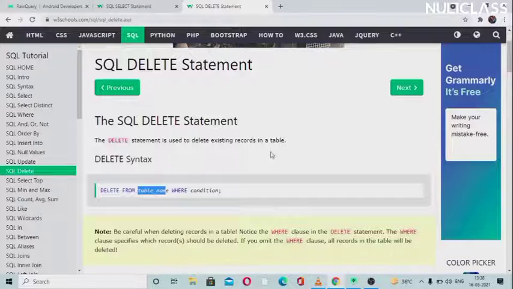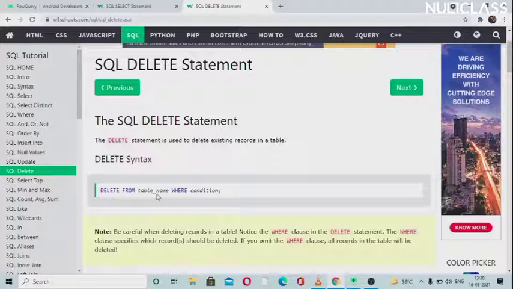In our case it is articles, so I will write delete from articles where, and this is the where condition. If we want to delete on a conditional statement, for example, I want to delete the records of student where percentage is less than 50. So I will write delete from student, which may be the table name, where percentage marks less than 50%. Okay, so this is for the conditional.